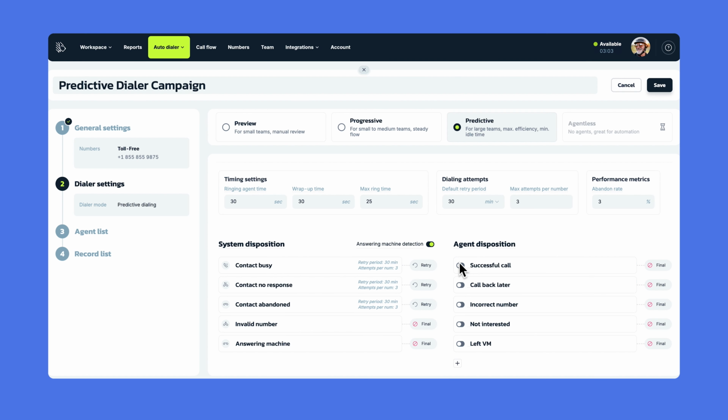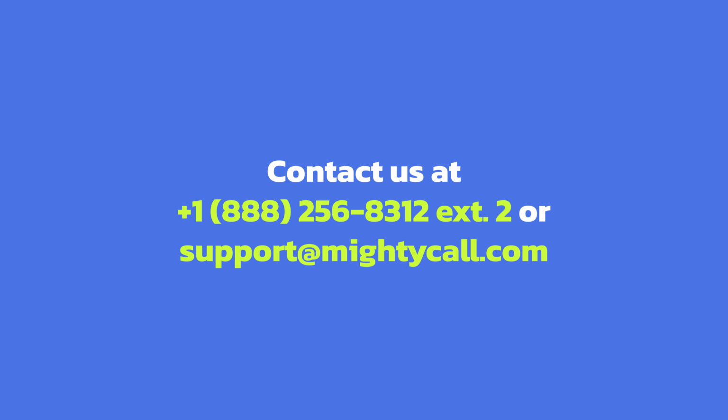Every agent's step that you've seen here can be customized. When supervisors set up a campaign, they can set the time limits on how long the system rings the agent and how much time the agent has to wrap up after the call. The call outcomes, also known as call dispositions, that the agents select after the call is finished, can also be customized for each campaign. Showing this video to your call center agents will make them better prepared for working with